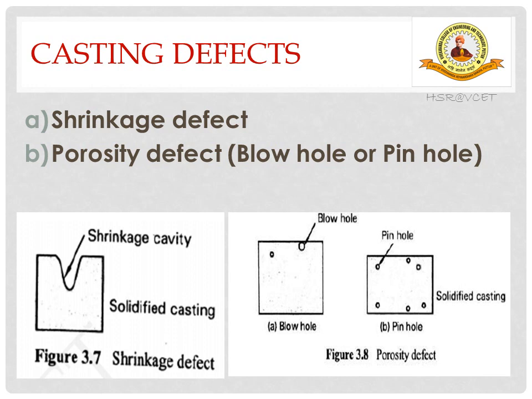First one is the shrinkage defect. Shrinkage is nothing but a void on the surface of the casting resulting from contraction or shrinkage of the metal during solidification. As you can see in the figure shown in slide 3.7, it creates a void. Although a riser is used to overcome the shrinkage effect, in some cases it fails to feed the molten metal efficiently to the casting as it solidifies.